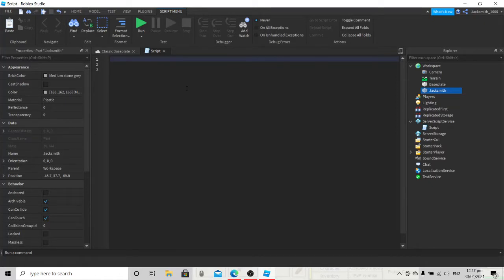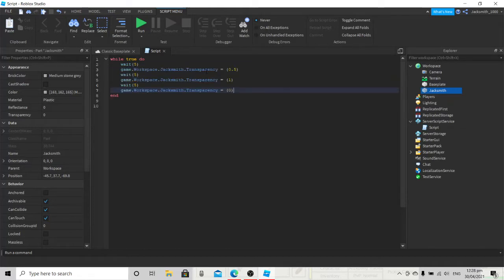So I'm going to teach you guys how to do a loop now. Now this loop will run continuously forever until you tell it to stop. While true do. And now I know it's underlined, so just press enter, and the script will automatically create this end. But the thing with forever loops is that you must always put a wait. You must always put a wait before you start typing your script. So inside this script, I'm going to add my script,